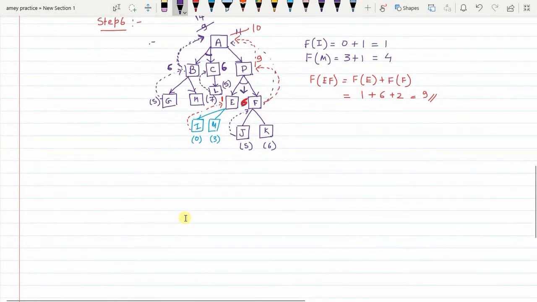Now we start with step 7. And remember, whenever you are expanding a node, just before that the algorithm checks whether that node happens to be the goal node. Now it was decided to expand I in step 6. In step 7, before expanding I, the algorithm finds out whether I is a goal node. And what do we get? We get that I is a goal node. Why? Because its heuristic value is 0.